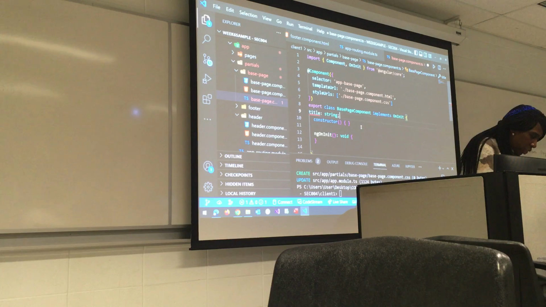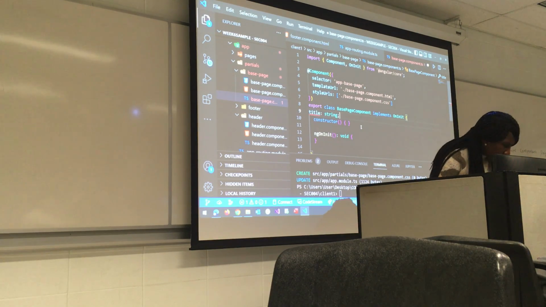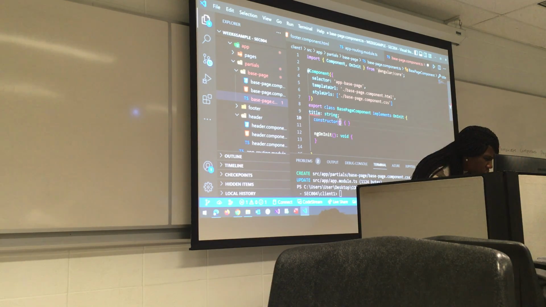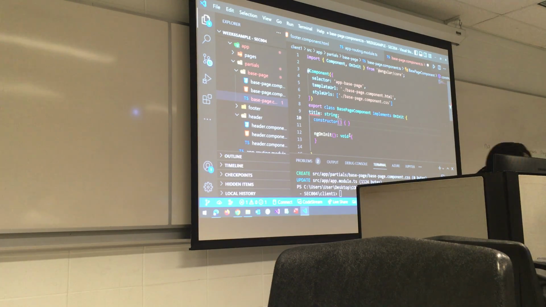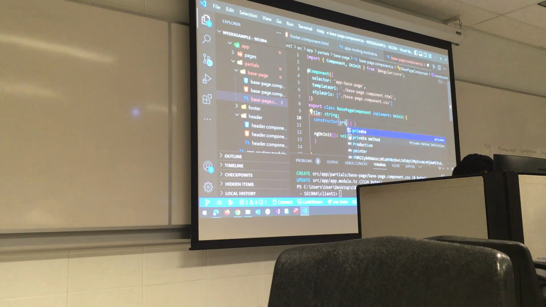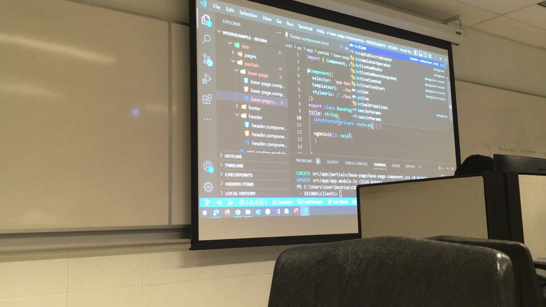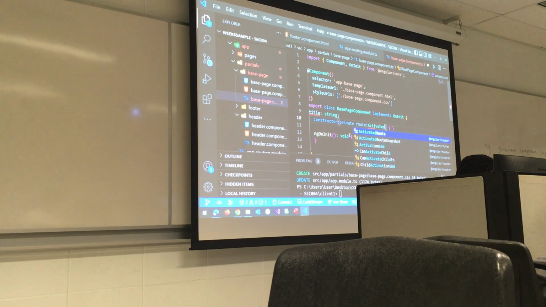And after that, in the constructor, we'll set the private route to use the ActivatedRoute, the route we had already activated, right? Remember, we have activated the route for the other pages, so we want it to use that route. So we say private route colon ActivatedRoute.